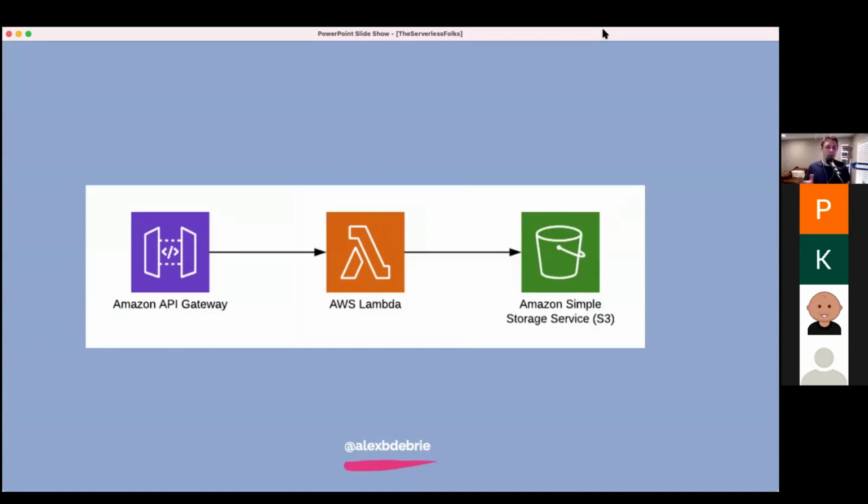So that might be something like S3, right? If you want to store blobs of data and store them and read them back from S3, or hold on,